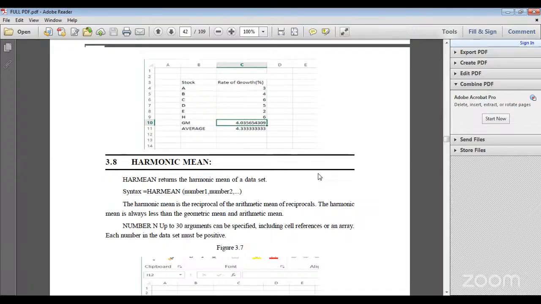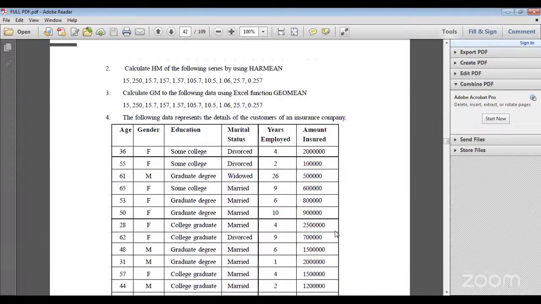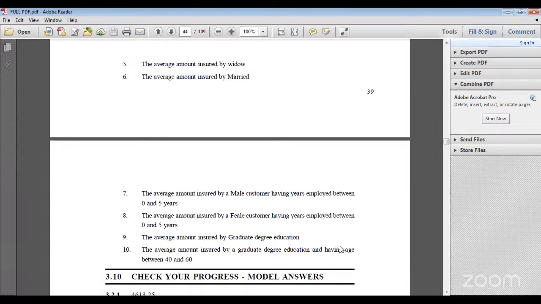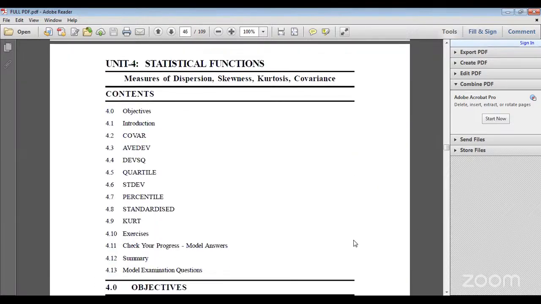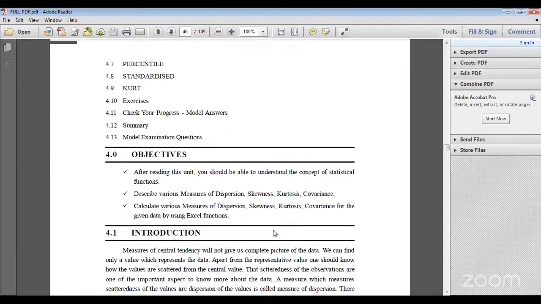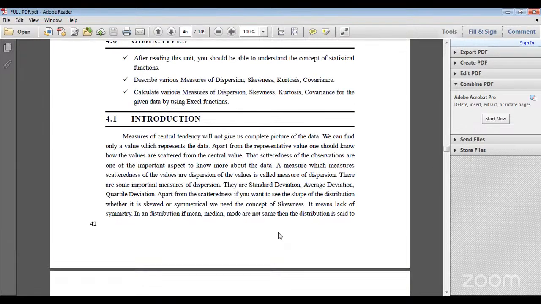Up to 30 arguments can be specified, including references and arrays. Each number of the data set is to be positive. The most important statistical functions are covariance, AVEDEV, DEVSQ, quartile, standard deviation, percentile, standardize, kurtosis, and all these are the statistical functions here. In this, measures of central tendency, measure of